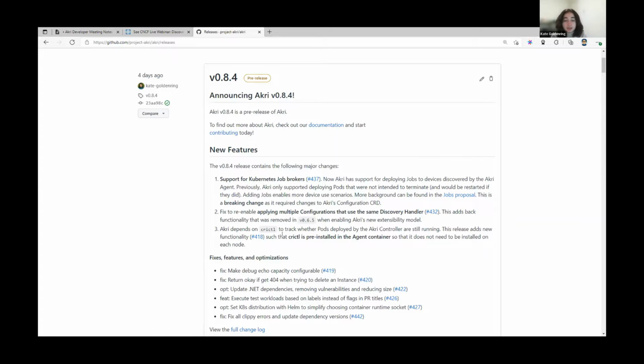And then finally, we used to have a pre-configuration step where you had to install CRI-CTL to query what pods are running on each node. Now we embed that in the agent container so that you don't have to do that installation yourself. The reason we use CRI-CTL is because the device plugin interface does not support a deallocate, which means that we don't know if a pod is no longer using the discovered devices.